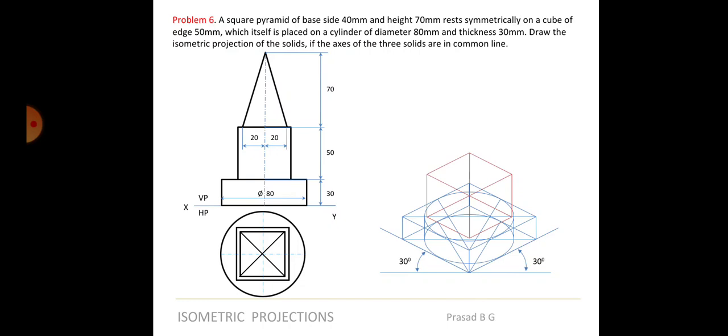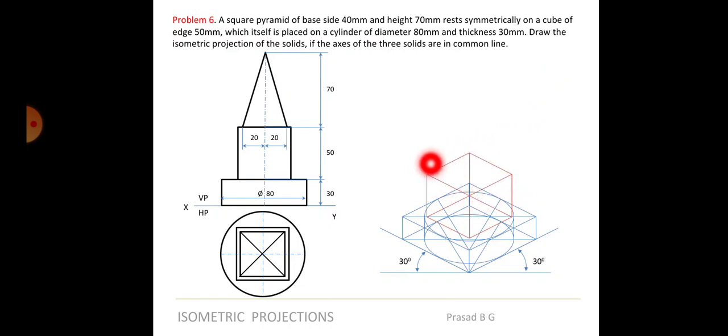Anyways, some of the portions will come on the back side. That has to be made light later on. I mean, it should be left out. Only things to be dark should be made darker. That is fine. So we have finished two objects. Now for the next object, that is the pyramid, you have to take this as the reference. Forget about whatever is done in the bottom. This will be the reference, right?